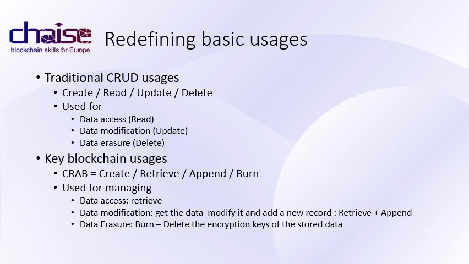The definition of access control in traditional computer systems is based on elementary services called CRUD, for create, read, update, and delete. Update means that you are going to read to get the data and then write a new value replacing the previous one. At the blockchain store's block, can we use these elementary services? Not so sure. Of course, a block can be created and read. This is retrieved. But the immutability property of the blockchain involves that blocks cannot be updated nor deleted.